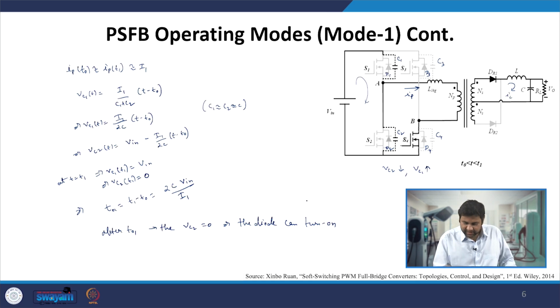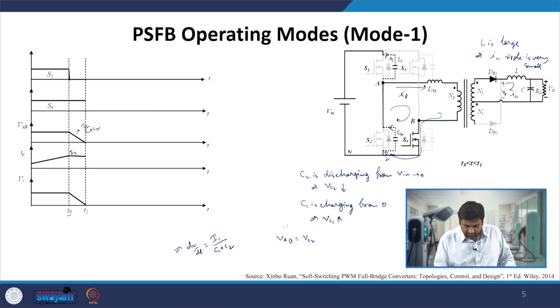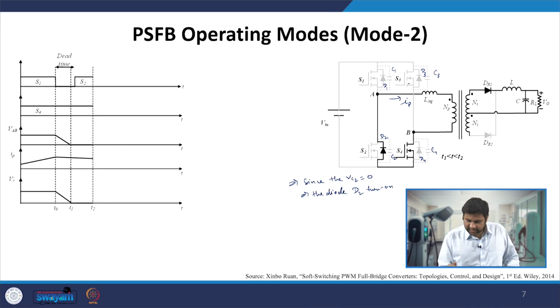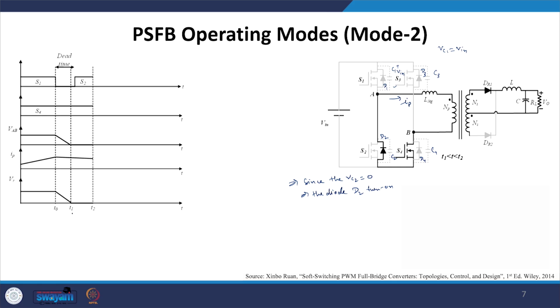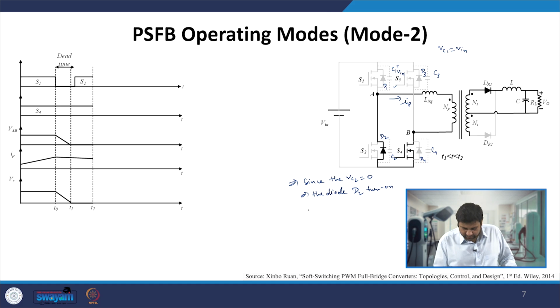In the previous case we can also say that IC1 plus IC2 is nothing but equal to the IP current which is coming out of this half bridge. However, in this case IC1 will no longer be conducting, and this voltage is nothing but Vin. So Vc1 is actually Vin at this point at t equal to t1. During that time the diode D2 turns on, and ID2 is completely equal to the IP current which is coming out of the half bridge.